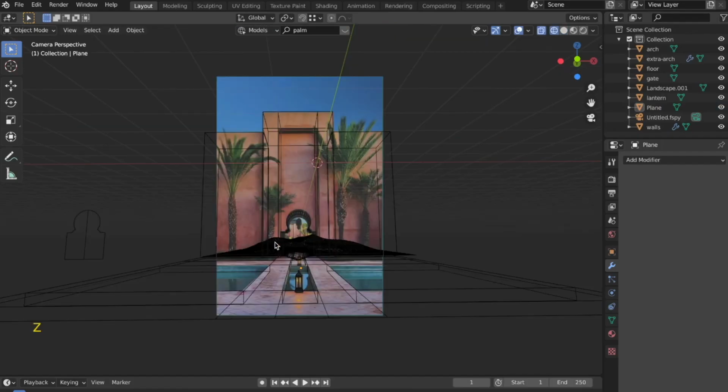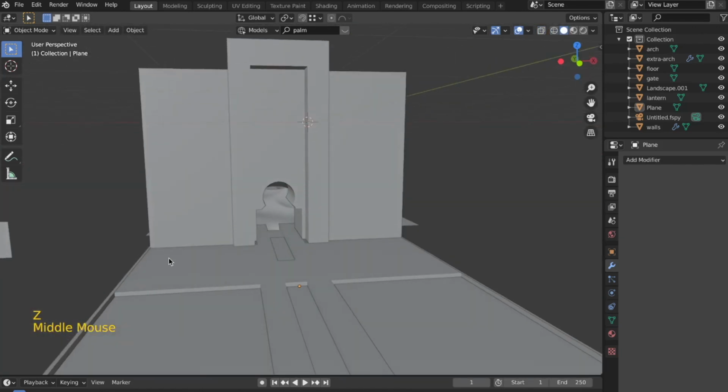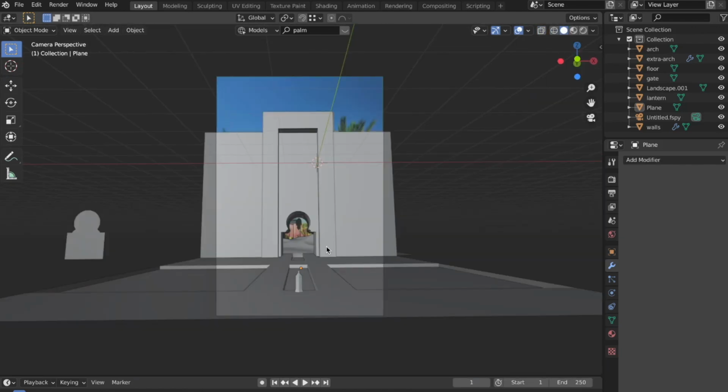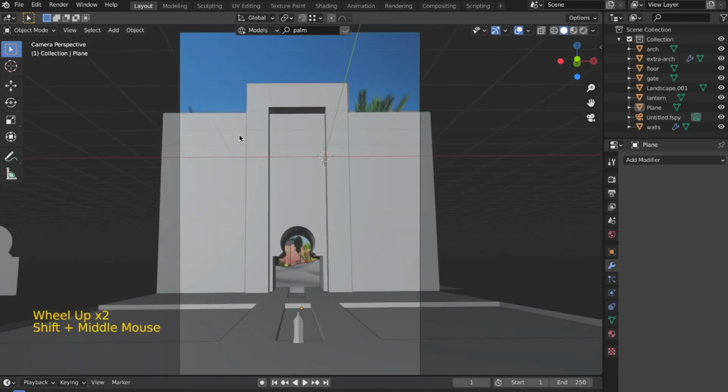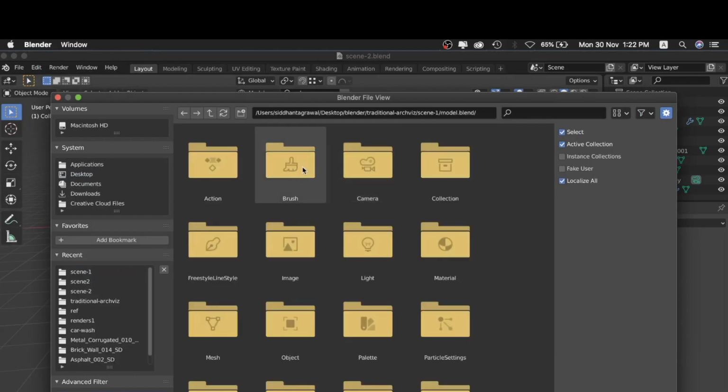So the next thing involves adding trees to this scene and some bushes along these edges. To add trees, I will be using two sources. One of them will be the trees from Blend Swap, and the other one will be from BlenderKit. And for the bushes as well, I will be using one of the bushes which I downloaded from Blend Swap. All the links I will give in the description below, and a huge shout out to all those creators who have created this amazing stuff. For that, I will just append them from the scene over here.